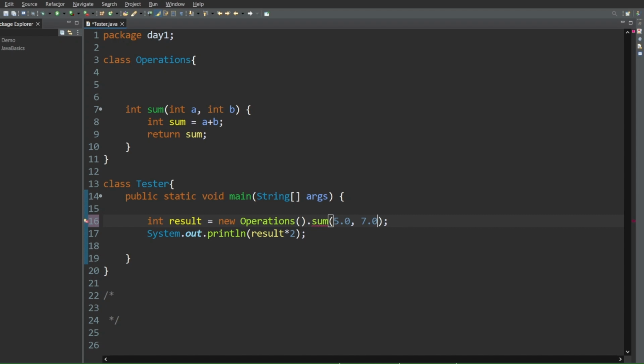My method sum function is passing double values, which means there should be a sum function within my operations class which accepts double values. As of now, there is a sum function which is accepting two integer values. So what should I do? I should change this to double a and double b,